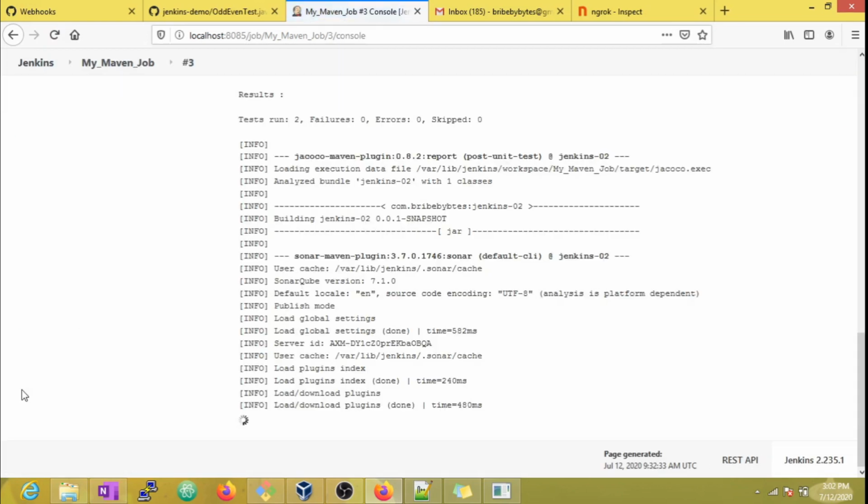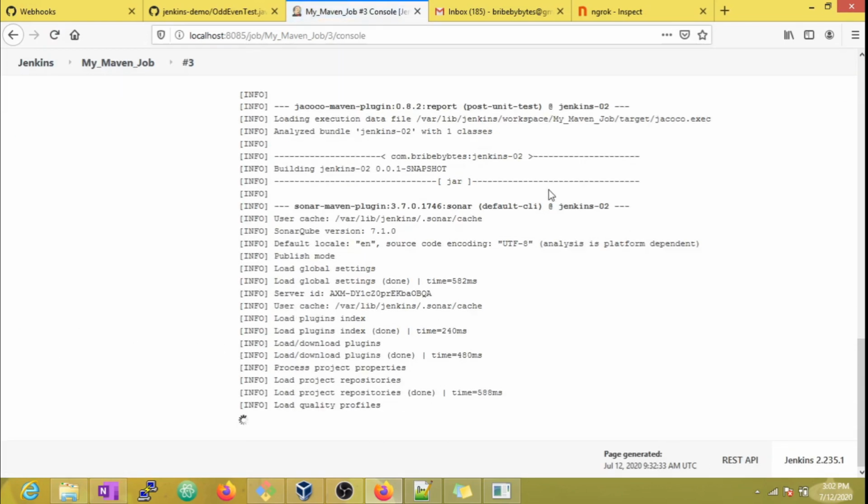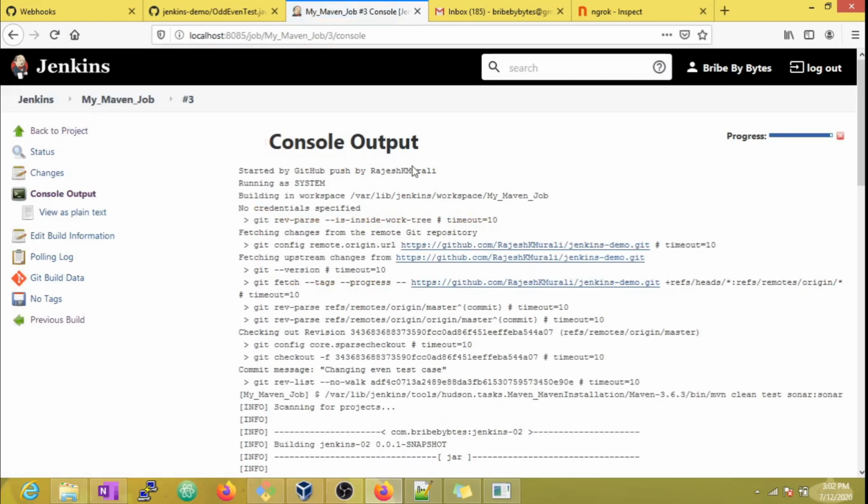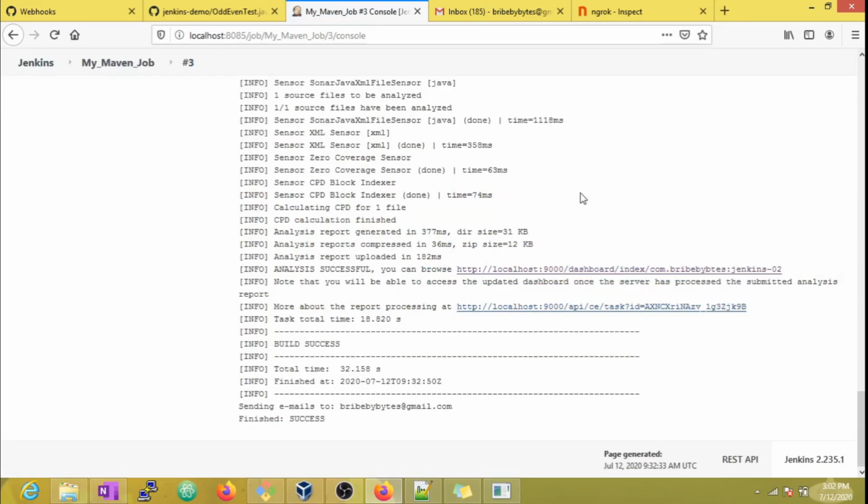We can see that after pushing the change, the build was triggered. The build has now succeeded and we can see that the code statistics have been published to Sonar.